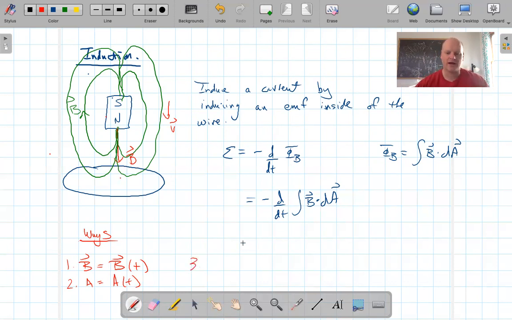Or the third way is, remember that the integral of B dot dA is the same thing as the integral of B times dA times cosine of the angle between the two, which means the other way we could change this is have a time-dependent angle, which means that I could actually rotate the wire or the loop inside of this external magnetic field. So here, my angle could actually be time dependent. Okay. So these are the three ways, or any combination of these, that we can actually then generate an EMF